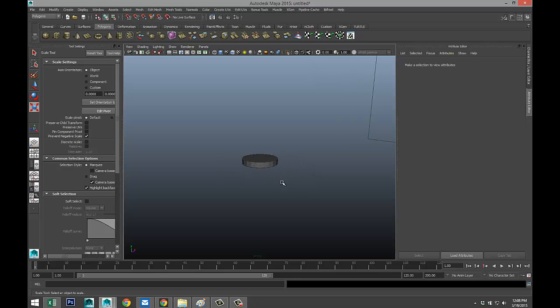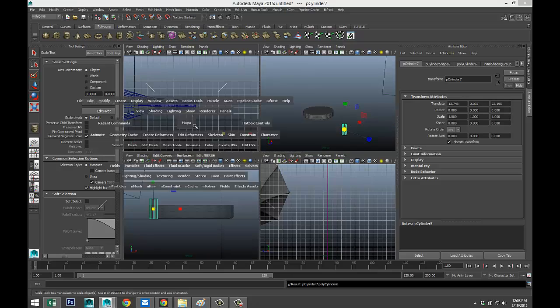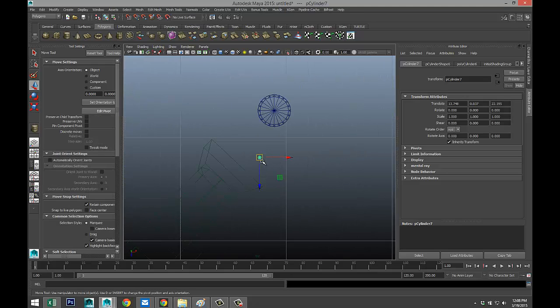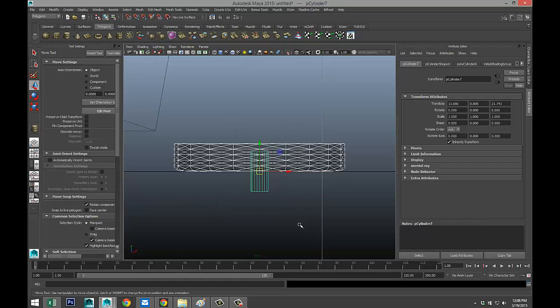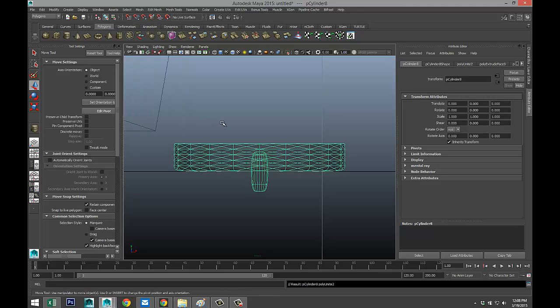Okay. So we got that, and we need to have one little axle in the middle. So we'll take another cylinder, bring that up, and set that into the center here. And we're just gonna snap it. There we go. That looks about right. Select it, mesh, combine, new,